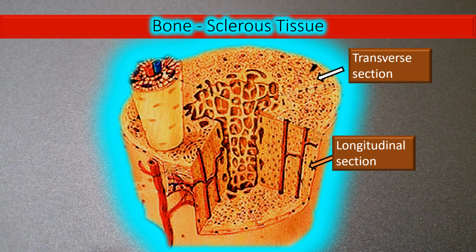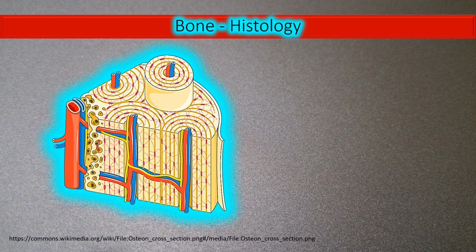So basically we are going to look at these in detail. You can see that projecting from the transverse section is one complete Haversian system. In the middle of the Haversian system is the Haversian canal with the blood vessels. We will see the more details in the next few slides. Now this is a diagram. We are going to use this as the reference diagram and see it in actual